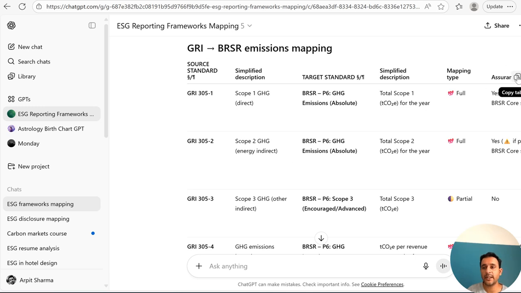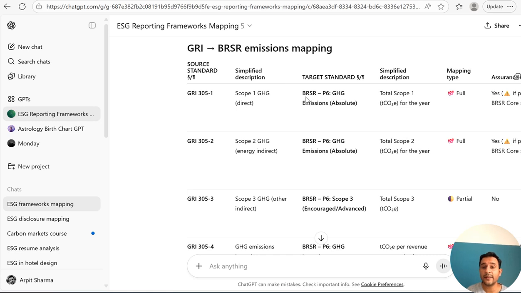You can copy the table and paste it into a Microsoft Excel spreadsheet, a Word document or any other tool that you're using. So the source standard is GRI 305-1, which talks about Scope 1 greenhouse gas emissions, direct emissions, right?